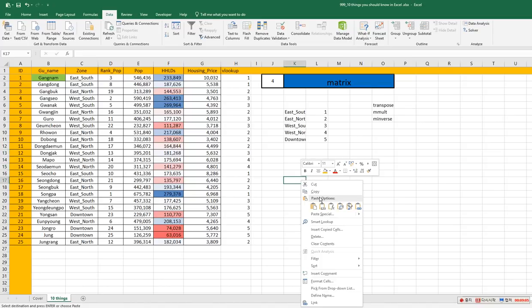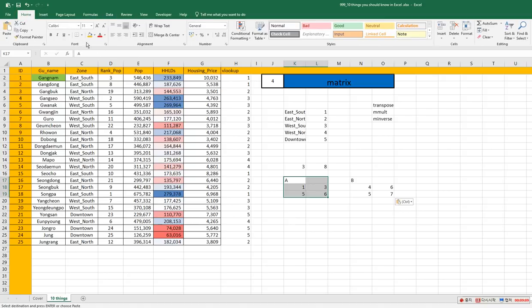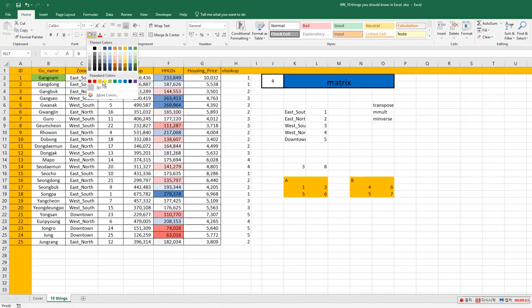So I prepared two simple matrices here. Choose this one, and let's give it a name. Let's name it A, and let's name this one B. Firstly, we want to transpose